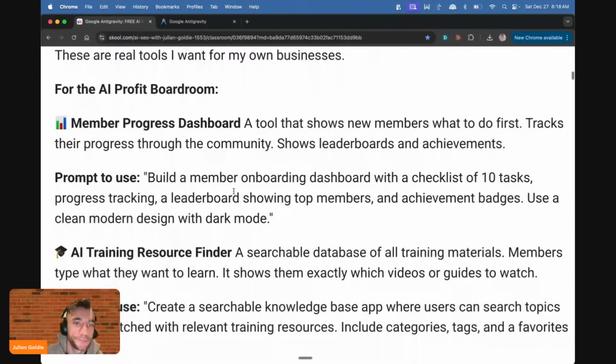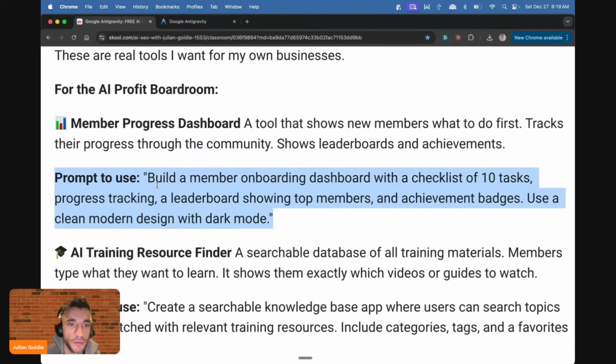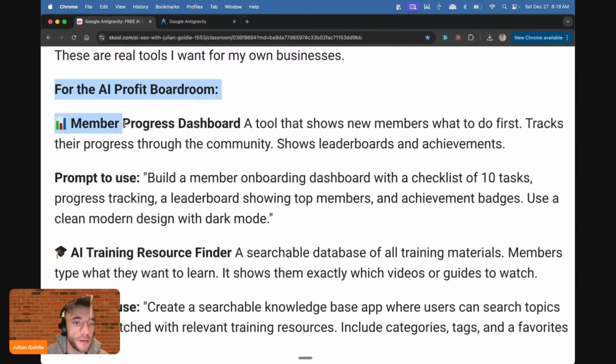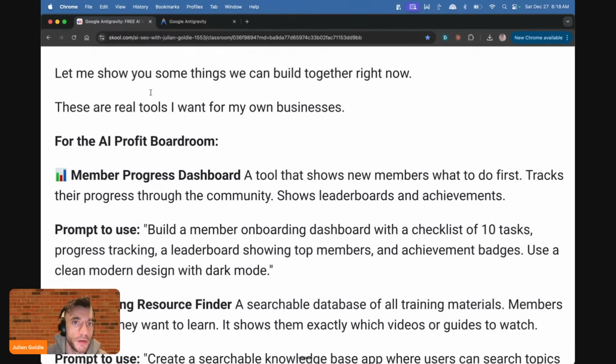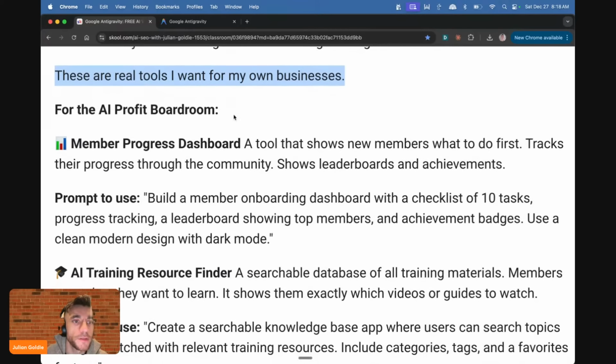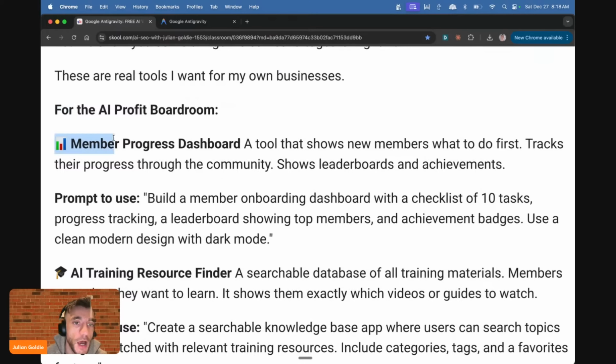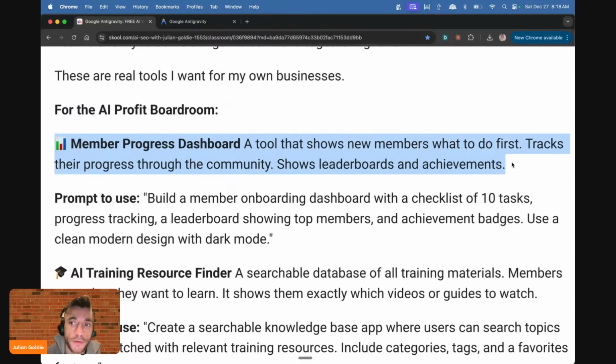All right. So, for example, if I wanted to build like a really powerful example, let me show you how this works. All right. So, these are some real tools I actually want for my own business. So, for example, for the AI profit boardroom, I want like a member progress dashboard, right? A tool that shows new members what to do first. It tracks their progress through the community, shows leaderboards and achievements. All right. So what I could do